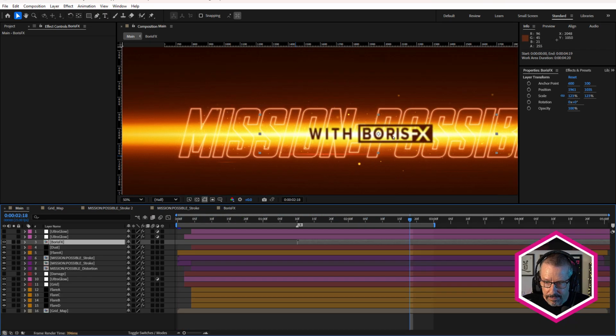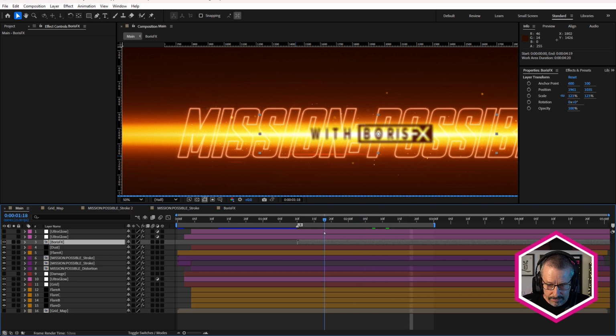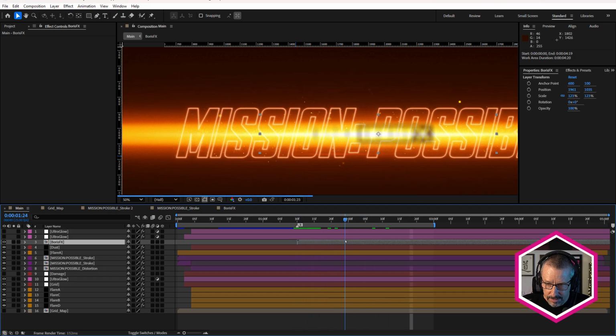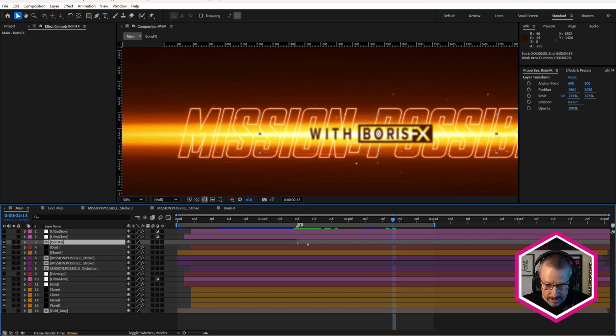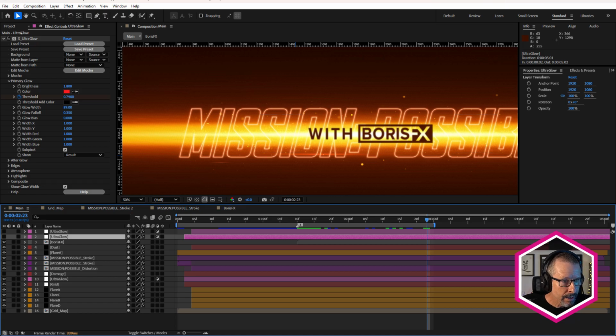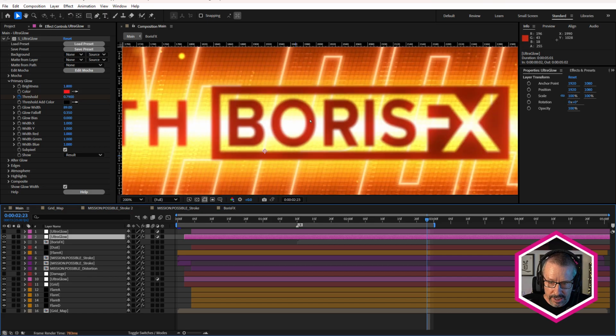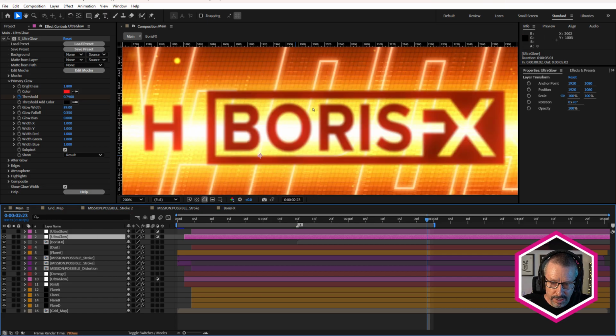So back here in main, we have that sitting on top. Okay, so it's just sitting there, comes in at a certain point in time. No other keyframes on that layer. And to integrate that into the look and to do the final amount of glow on this, just using a couple of adjustment layers with Ultra Glow. You can see, once again, as with the grid, that pulls the glow from the layers below, the brightness from the layers below, and gives us that more integrated look. So it wraps that glow around.